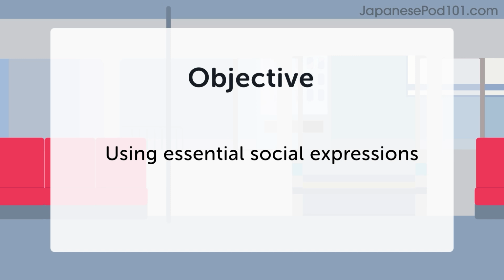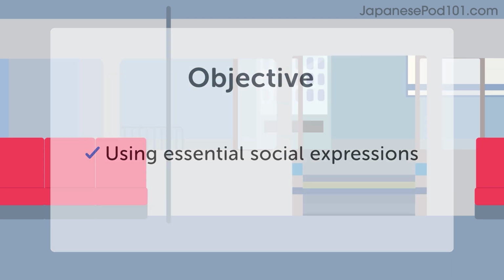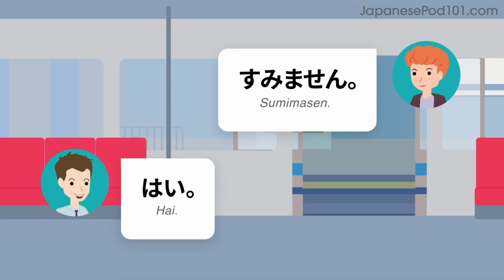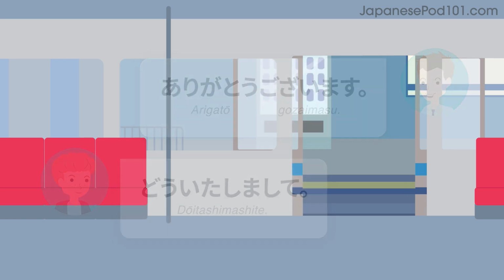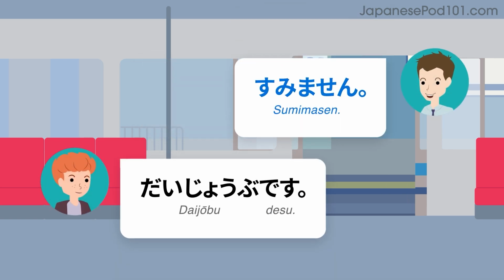ありがとうございます。In the next minute, you'll be challenged to use essential social expressions. First, let's look at some examples. すみません。はい。ありがとうございます。どういたしまして。すみません。大丈夫です。